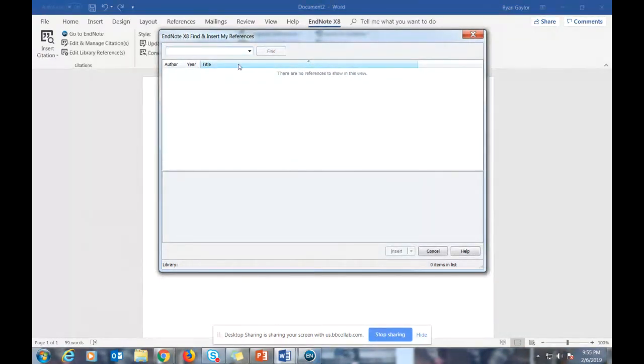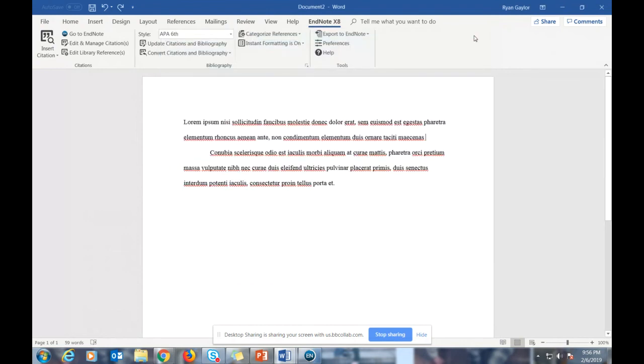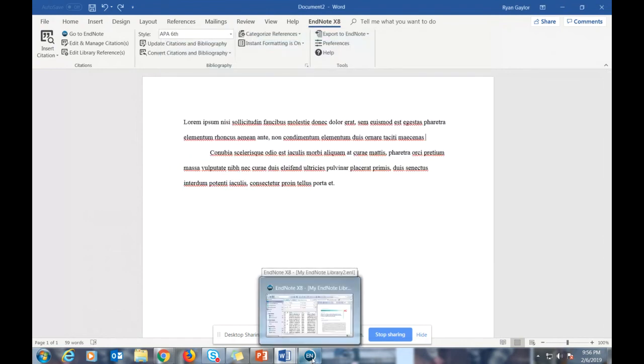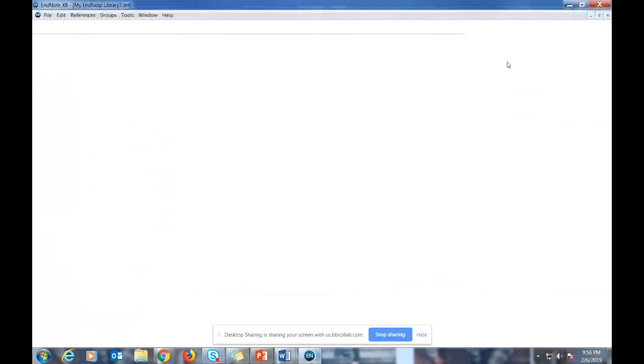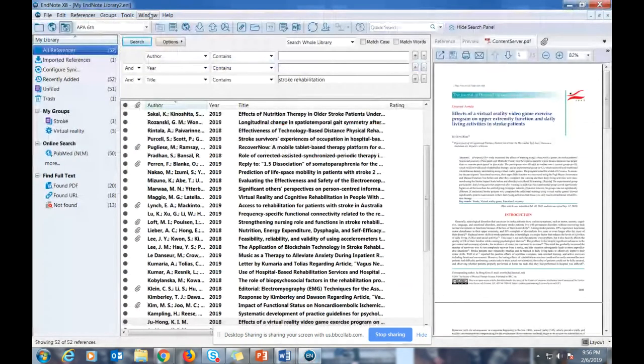and it'll make you search for your reference. Doing it this way will make you search your own library. Yet, I have not figured out how to display my EndNote library so I can just pick and choose while I'm in Word. But I have figured out a way around it. The way around it is to have your EndNote desktop version open, which is the one we've been working with all night. And you go to this tool right here,